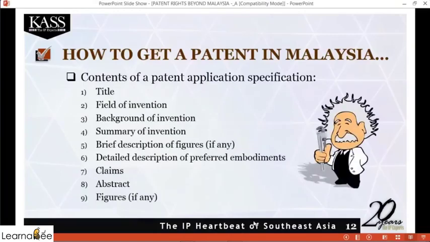Let's see the contents of a patent application specification. A patent specification is a legal document detailing the invention and what features of the invention you would like to have exclusive rights over. The specification generally contains a title,